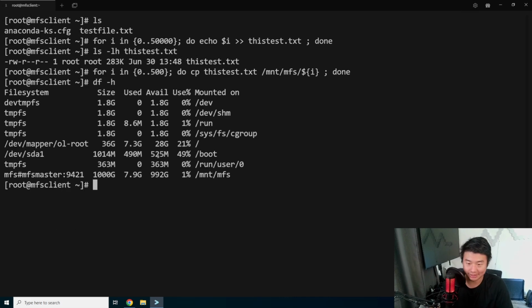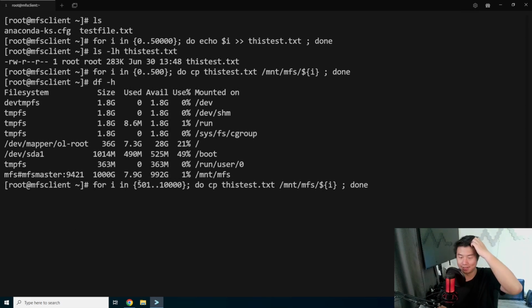So we should see, okay, yeah, so it was at 7.6, now it's 7.9 because it's actual data. We could actually probably do a ton of data if we wanted to, and just do like 501 to 10,000 type situation. So this will produce a significant amount, not significant,